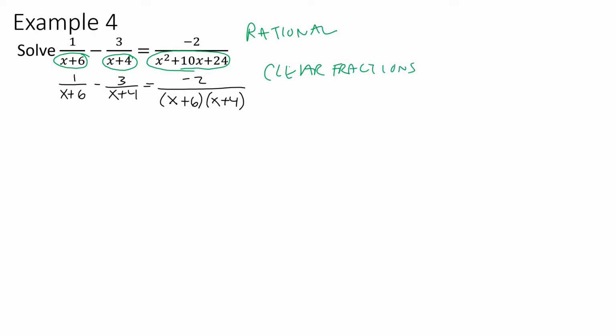and to do that I note that the LCD is the quantity x plus 6 times the quantity x plus 4, and I also note that x should not equal negative 6 or negative 4, or else our denominators will equal 0. So I'm going to multiply all three terms by the LCD, and when I do that I have